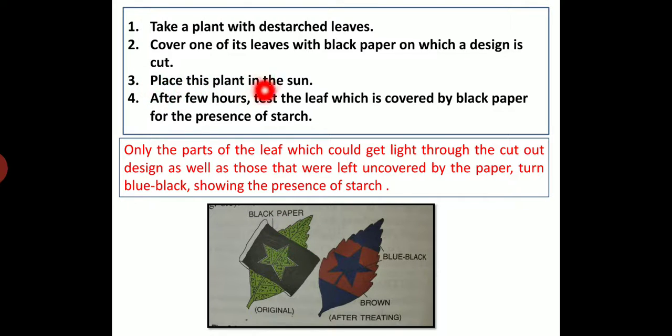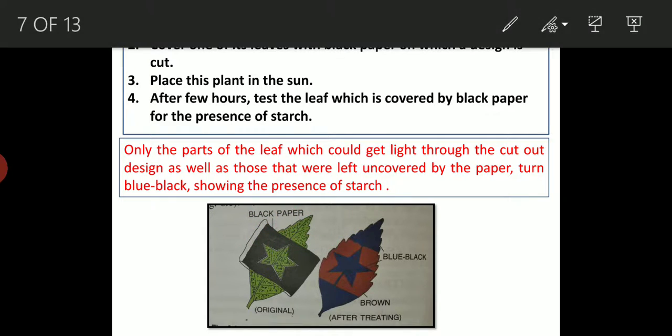Then we need to place this plant under the sun, and after a few hours we will test the leaf which is covered by the black paper for the presence of starch. That means simply we will do the iodine test with this leaf so as to see the presence of starch. Now in the result we will see only the parts of the leaf which could get the light through the cut design, as well as those portions which are left uncovered by the paper, has turned